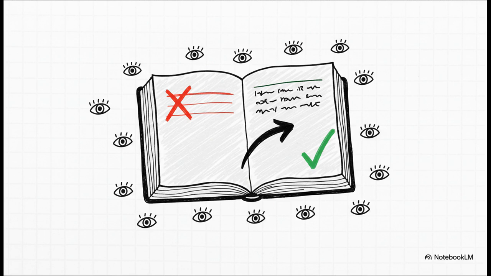So could you secretly tear out a page? No way. Could you try to scratch something out? Nope. Everyone would notice immediately. So what happens if you make a mistake? Well, you don't erase it. Instead, you just write a new entry on a new page that says, "Hey, correction to what I wrote back on page 5." And just like that, you have a perfect, transparent history of everything: the original entry, the mistake, and the correction. Nothing is ever hidden.